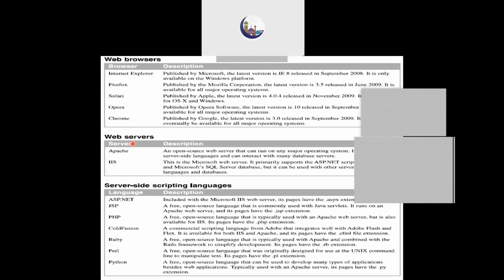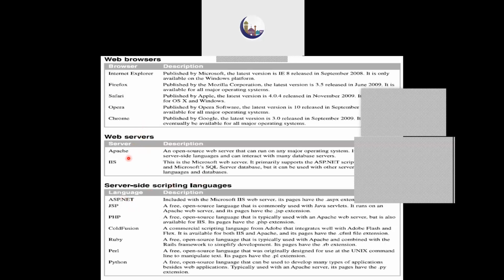One is the application server, or web server, which is going to take the input from the client as an HTTP request, see what the request is made for, and based on that request, find out whether there is any appropriate program that can be executed on the application server. If it can be executed, what is the technology needed for it? So we need two things. One is the web servers, another is the server-side scripting tools or languages.